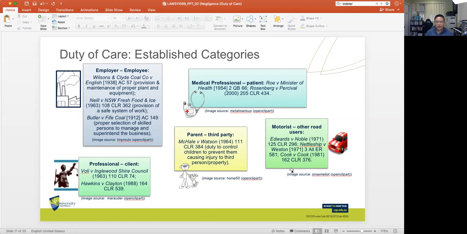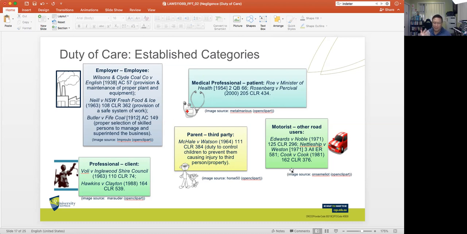There's also a duty of care that is recognized in the case of medical professionals and the patients, in the case of motorists in relation to other road users, in relation to parents and third parties, to ensure that a parent has a duty to control children so that they do not cause injury to third persons or property. So they're at least in relation to parents of young children, because again, you might have scenarios